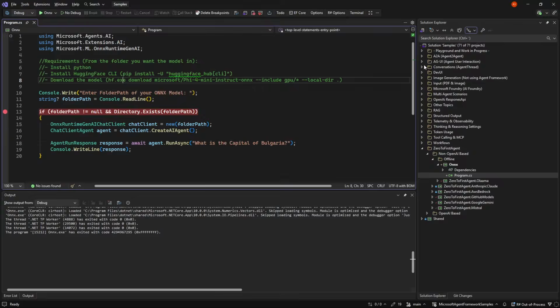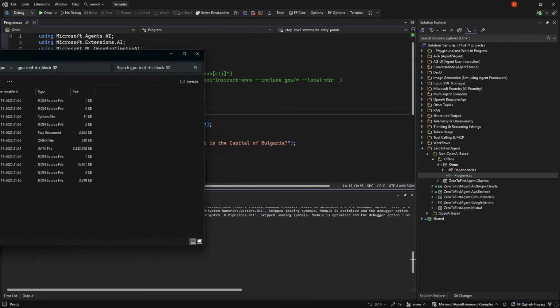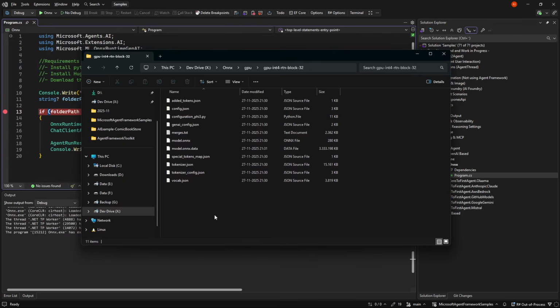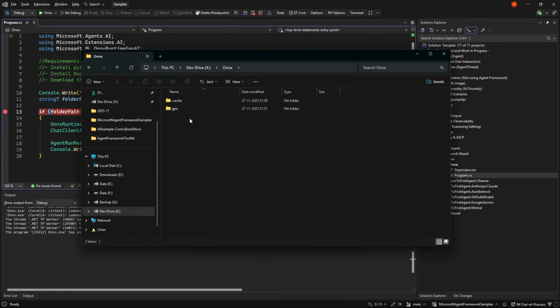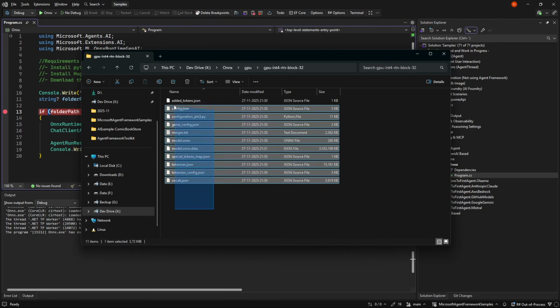In my case, I'm just downloading the GPU version, and when I did that, I ended up with a folder that looks like this. Inside my ONNX folder, where I ran the command, I got a GPU folder, and then I got these files.